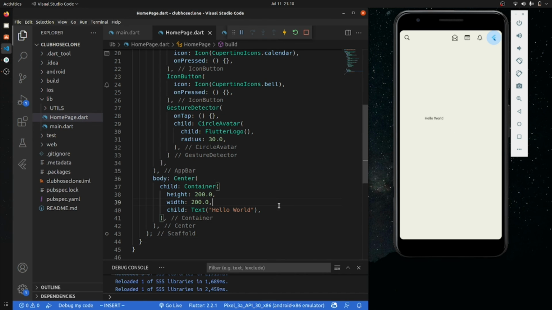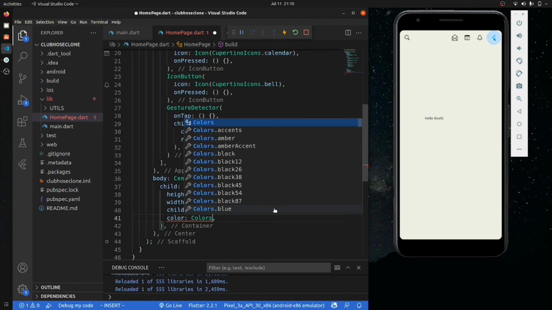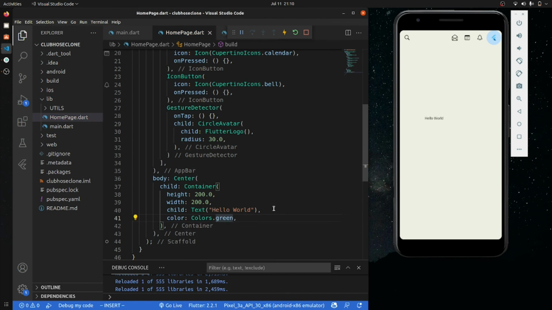So what we can also add here, let's say, do we have a color for this? Let's say color dot green. I just want to see what is really happening. Okay, so we have a box like this.